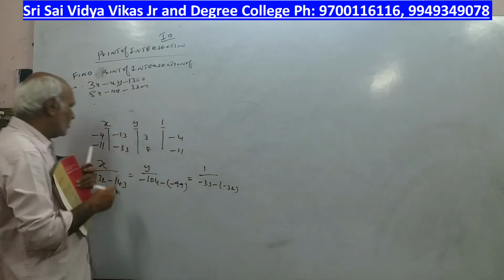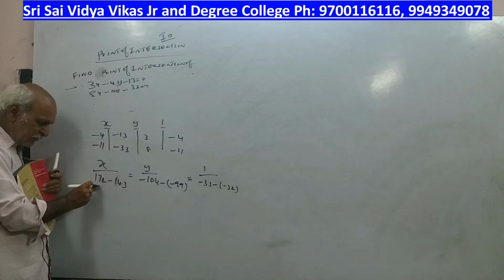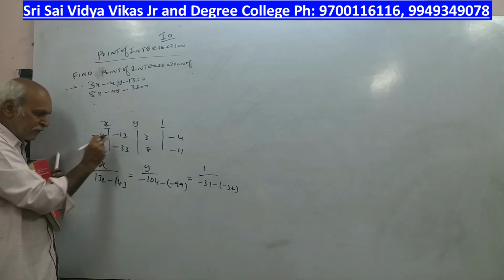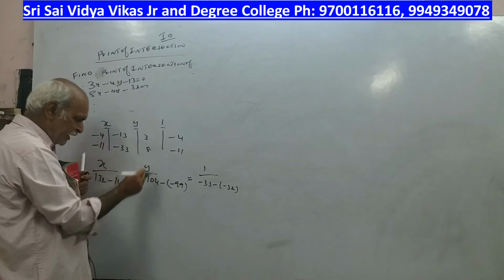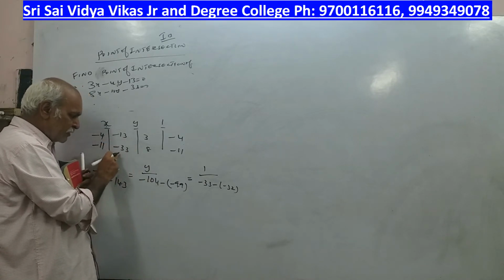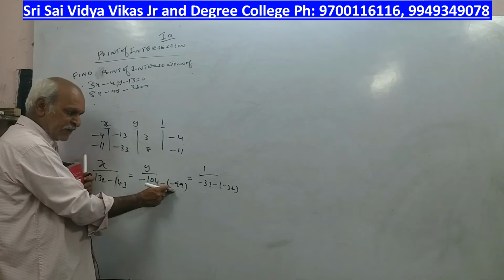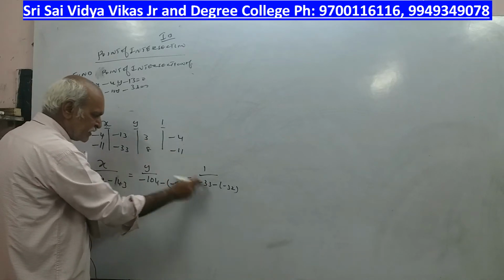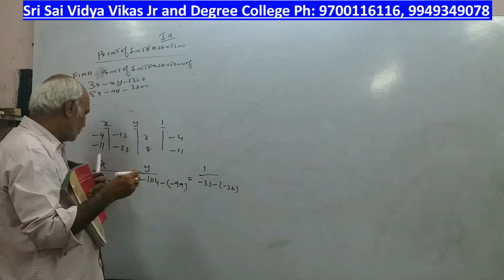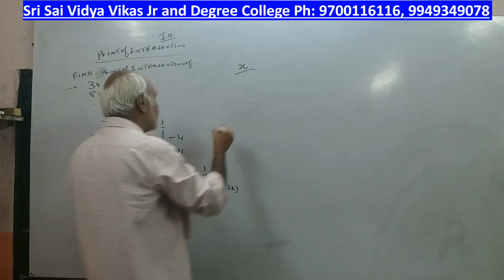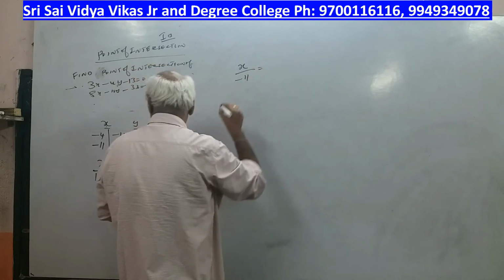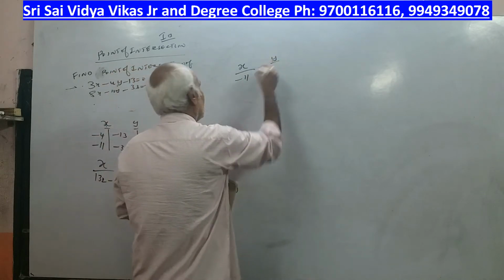32. So, minus 4 into minus 33 is 132, minus into minus plus 143, but always minus sign will be here. Then minus 13 into 8 minus 104, minus of minus 3 into minus 33 minus 99. Here 3 into 11 is 33 with minus sign, minus of. So, what will happen? X by 132 minus 43 is minus 11, is equal to y by here minus of,